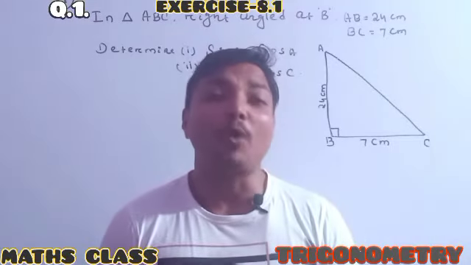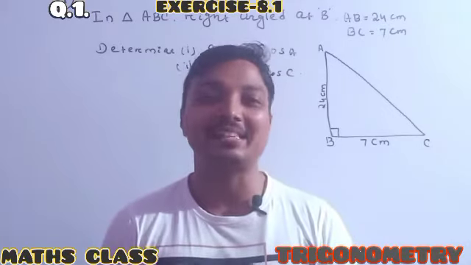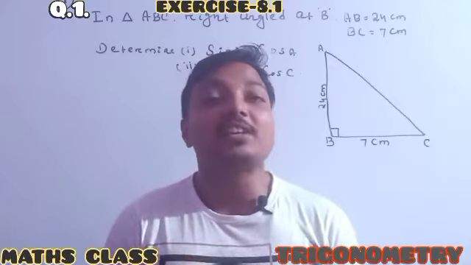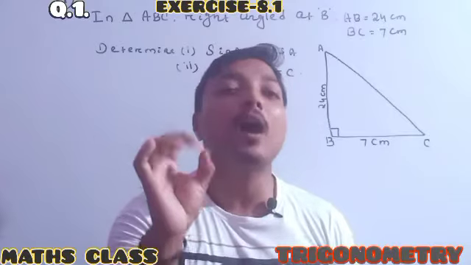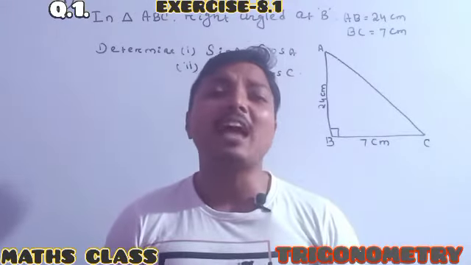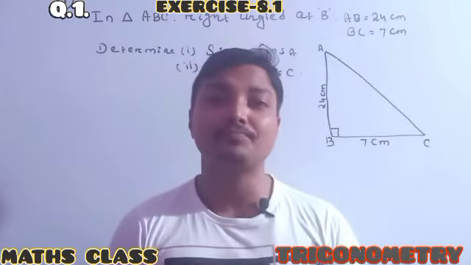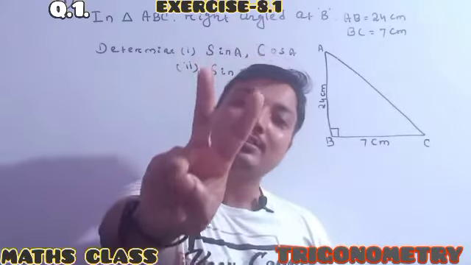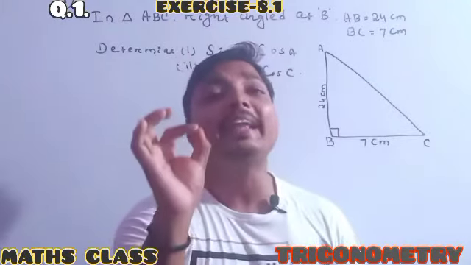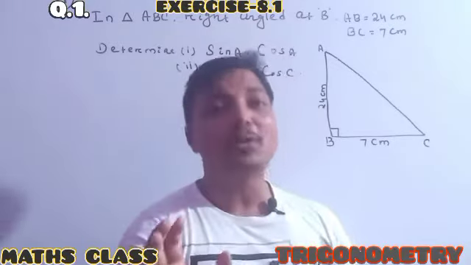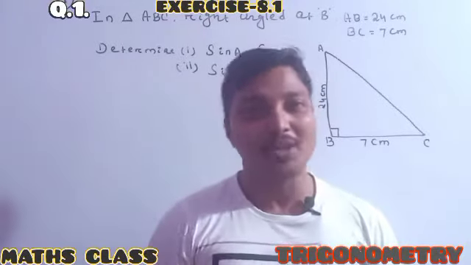In the last days, we have already discussed how to find the six trigonometric ratios. So today our discussion will be totally on the logic of how to find the trigonometric ratios. Just like I said in the last days, whenever three sides are given, you can find the trigonometric ratios. Also, whenever any two sides are given, we can find the trigonometric ratios. Also, whenever any one of the trigonometric ratios is given, you can find the remaining five trigonometric ratios. Understood perfectly?